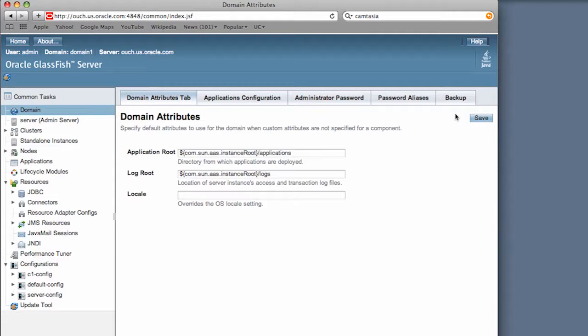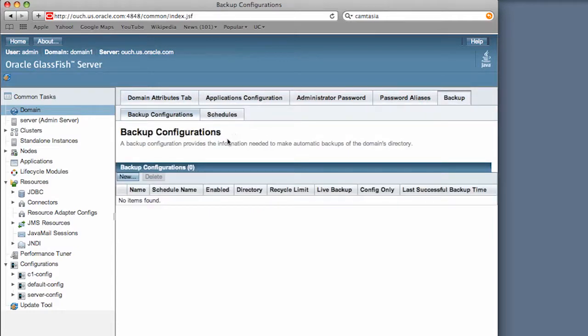In GlassFish v2, you could perform a manual backup only when the domain was halted. Now you can schedule backups to be performed on a running domain, and you can configure this all through the console. I'm going to demonstrate this on the console, but we also have subcommands in ASAdmin that can be used to perform similar operations. So clicking on the Backup tab, there are two subtabs, Backup Configurations, and there are none